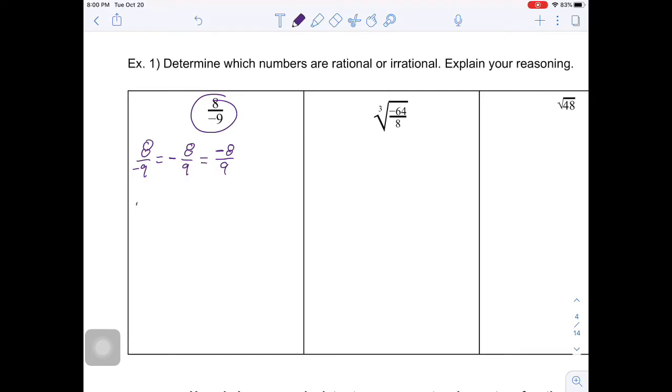Now, first of all, this is going to be a rational number because I have 2 integers, 8 and 9, dividing each other. Okay, so that's one way to tell. So my 2 numbers that are integers are dividing. It's also rational because if I plug this into my calculator, I'm going to get